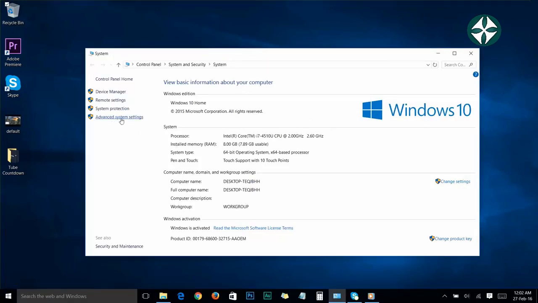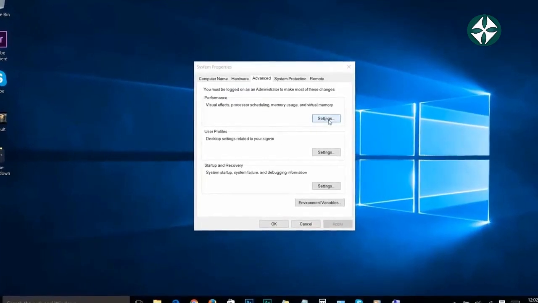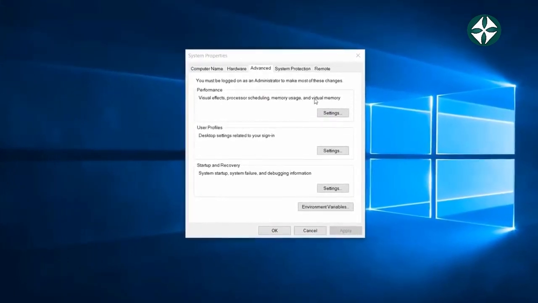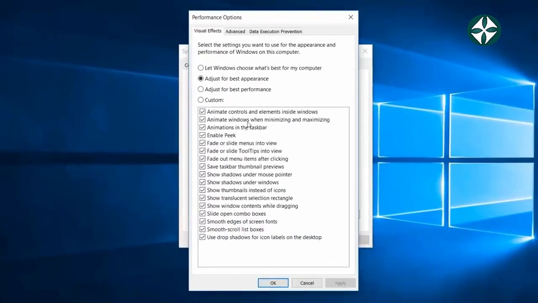Now click on the advanced system settings hyperlink on the left side. Then you will get to this small window. And here you will find this settings button under performance: visual effects, processor scheduling, memory usage, and virtual memory. Just click on this settings button and you will get to this performance options window. These settings are basically everything that make your Windows 10 look beautiful,